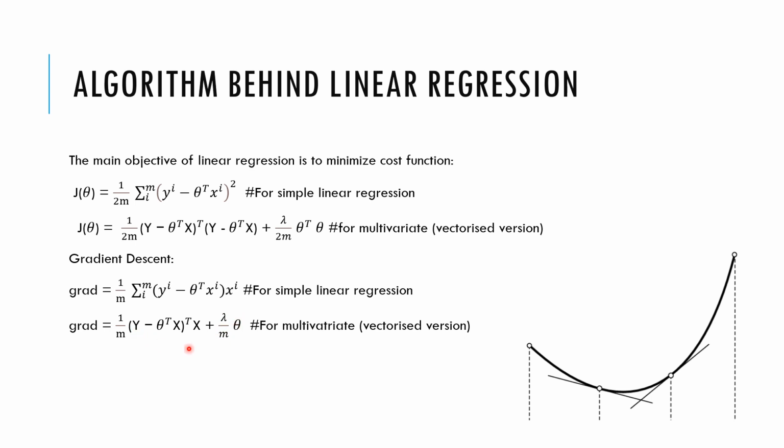One thing you need to remember in vectorized calculation is to take care of the dimension. Okay, so this is a single column vector matrix. After multiplication, this also should become a single column matrix. Then only you can do the subtraction. So take care. Let's say this has 3 variables, so either you transpose this or you transpose this. Make sure that this